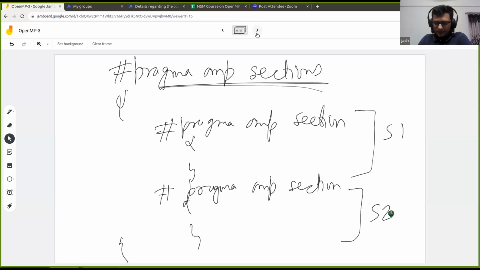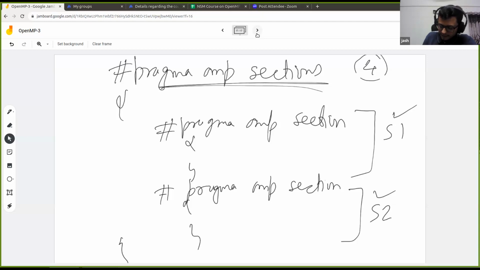Now what this will ensure is that, let us say that there are 4 threads that are executing this. Each section will be executed by one thread. So thread 0 will pick up the first section, thread 1 will pick up the second section, and so on. Now there might be a question: what happens if the number of sections is lesser than the number of threads, which is the case here?